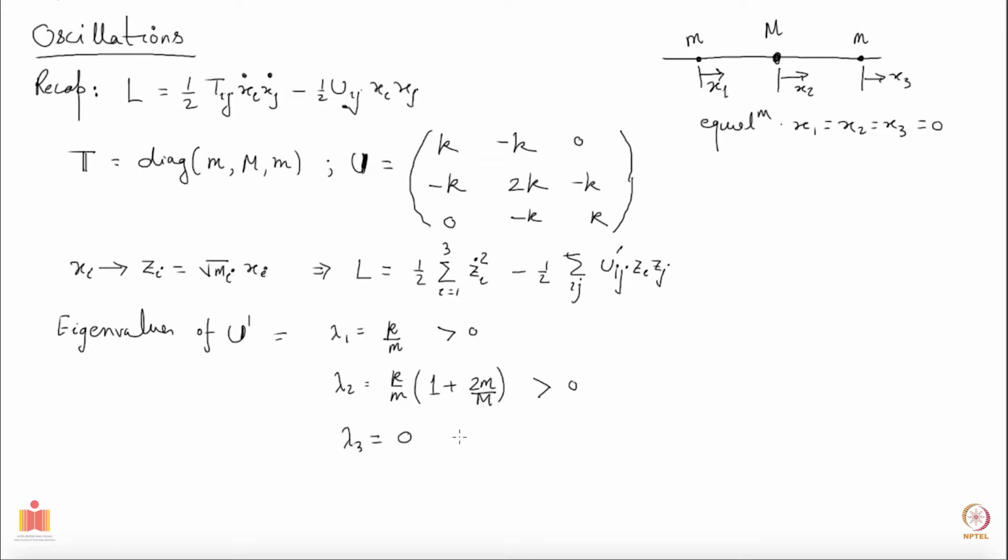Now what I want to do is put the second quadratic form, which is here, as a sum of squares. See, the kinetic term is anyway diagonal now. Not only diagonal, the coefficients are unity. But this quadratic form I want to put as a sum of squares, and that's the plan. So let me go to the next slide. Just remember, you have a half U prime_ij zi zj.